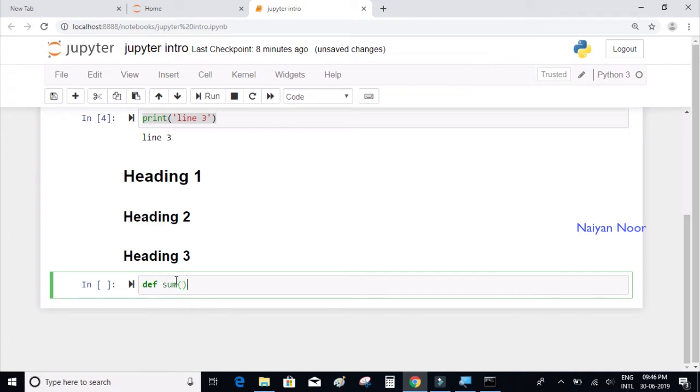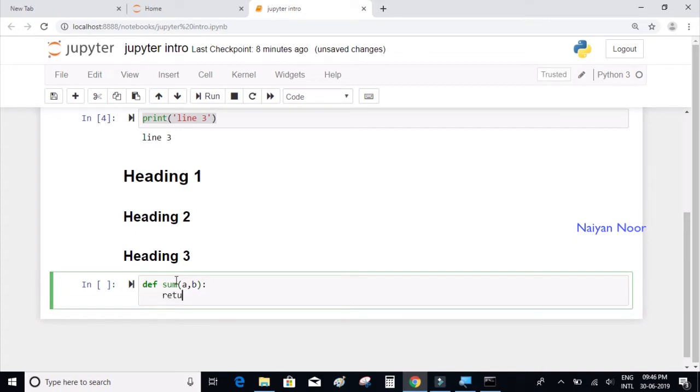I'll write sum a, b. I'll say return a plus b. Now if you don't want this cell to be a code cell, or if you want that to be documentation, a sample code, not to be executed, right? So you can basically use Markdown or